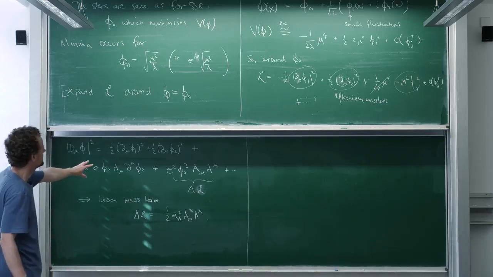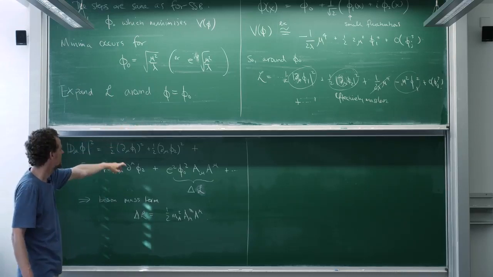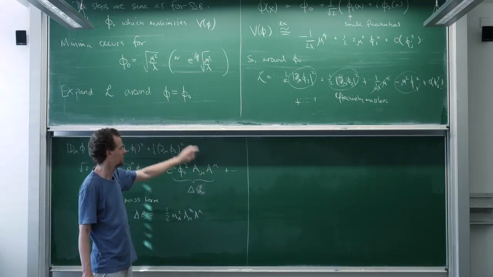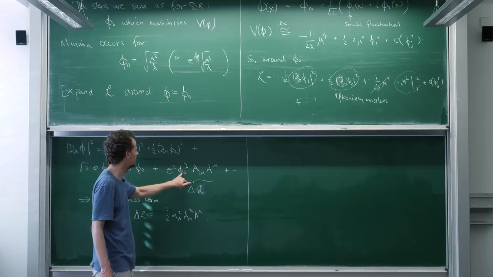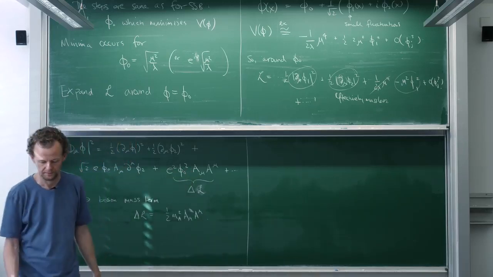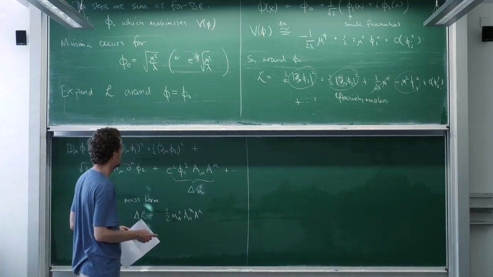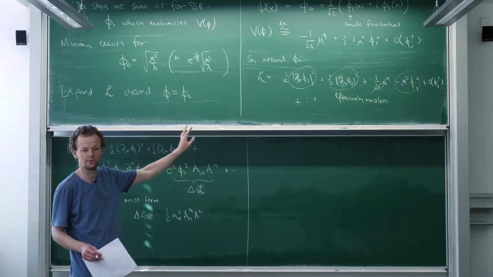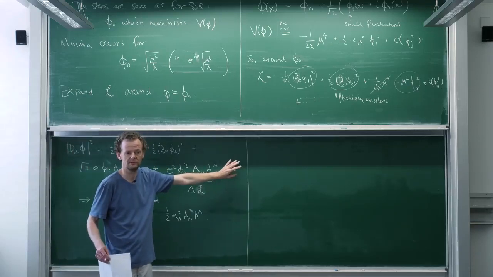So this expanding about the minima and looking at the effective dynamics near the minima shows us that these originally massless gauge bosons behave for all practical purposes as though they have a mass, depending on how big phi naught is. And the whole Lagrangian is still gauge invariant. I haven't broken gauge invariance in any of these steps here. There are further terms here. They're small nonlinear corrections.